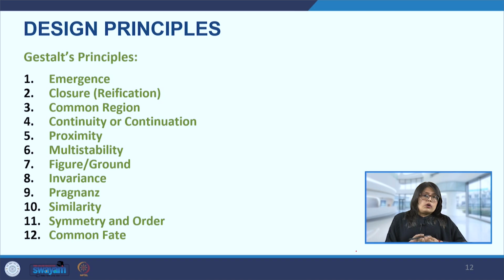So if we recall that several years ago when we did not have the cell phone, at that time we used to remember the phone numbers. Some of the important phone numbers we could recall and remember. But now over time, because we are getting so dependent on technology, we have phone, we have WhatsApp, we have all these things. So there is no need to remember any phone number. Sometimes we don't even remember our own phone number. So Gestalt principle talks about a similar thing, that how the brain is trying to find the shorter way out so that the cognitive load is decreased, and how it also makes more sense of what is in front of it.